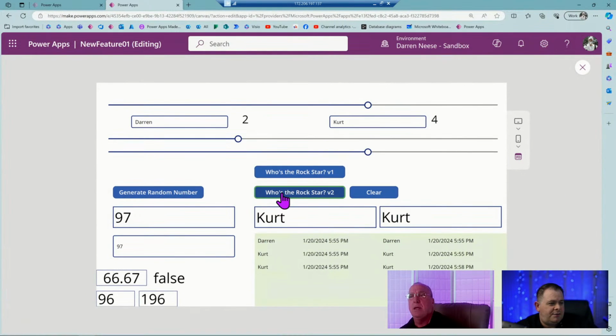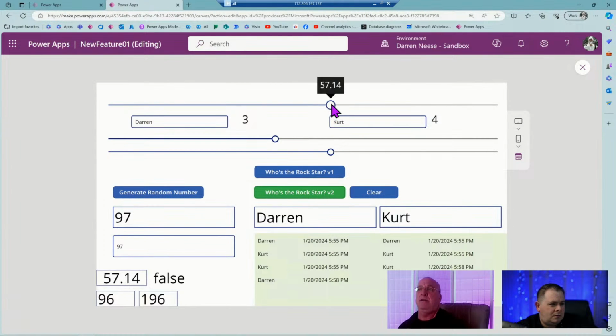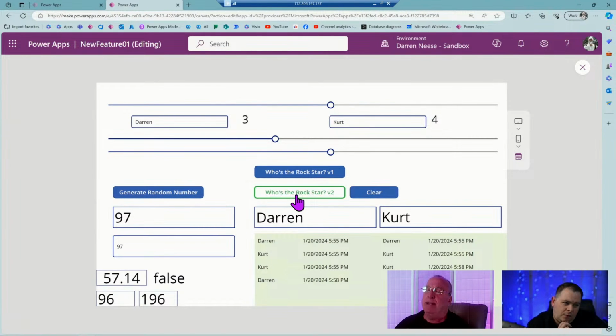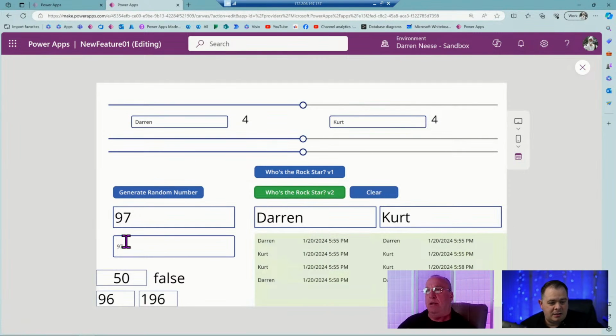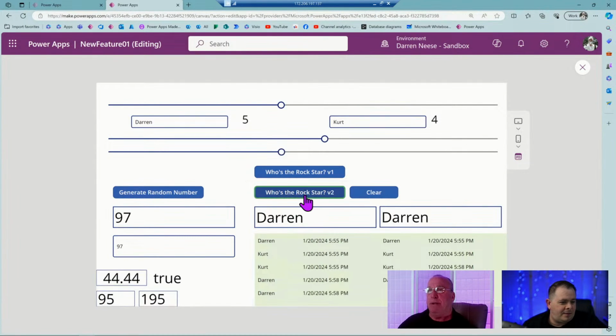So let's click on it a few more times. Ooh, I think we're close. I think you solved it, Darren, there at the end. I think that last little bump is what we needed. That's what Darren does. Darren gets me across the finish line. Look at that. Okay, we have a tie, and it's at 50. Now go to Darren. Come on. Let's see Darren win. Look at that. It's working.